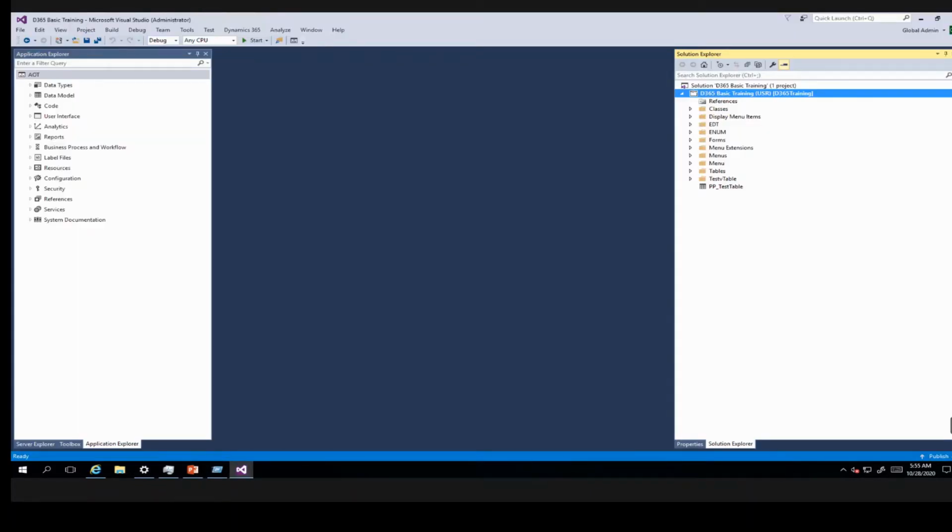Let me create one query. Let's say I have a query to retrieve all the employees' salary who are male. So on the gender basis, if I want to see the salary of the employees, like what are the salaries of my employees who are male. So this is my question that I want answered. Let's make a query for this, retrieving all the employees' salary who are male.